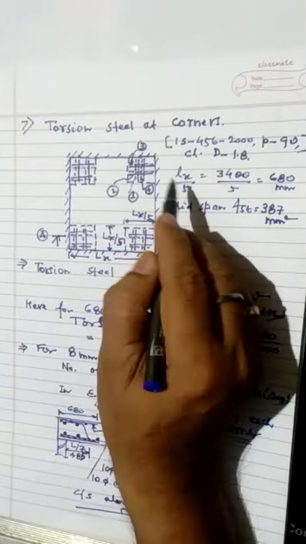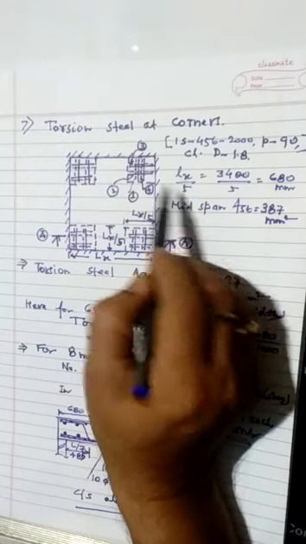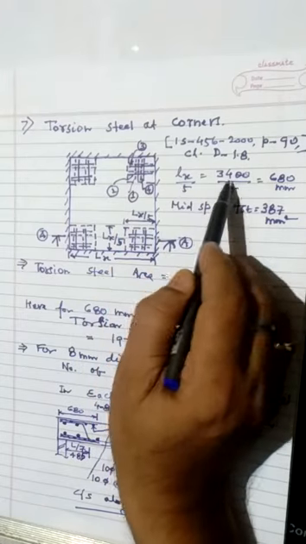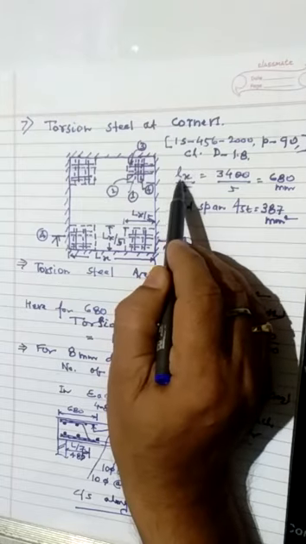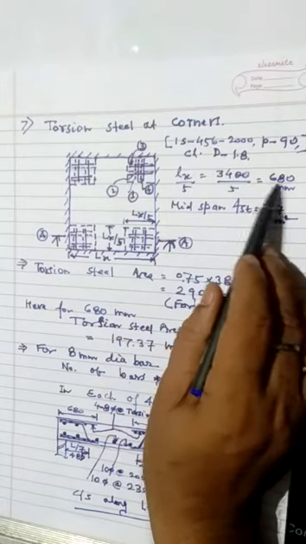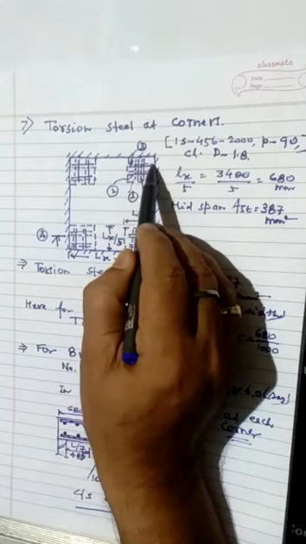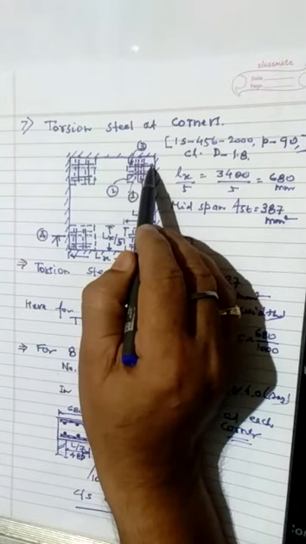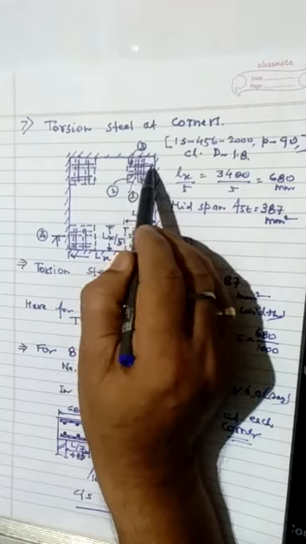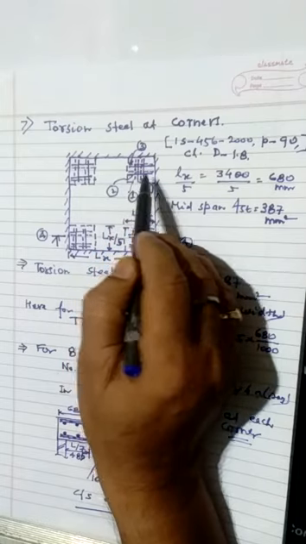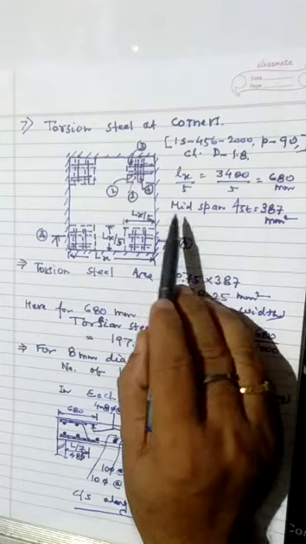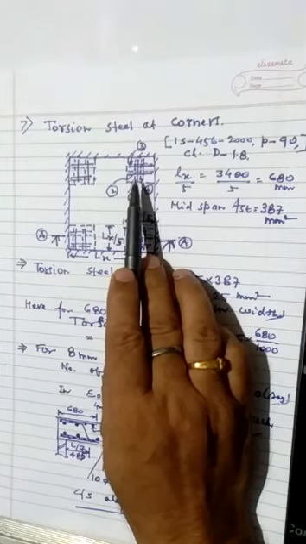The length of the torsion steel at the corners would be Lx by 5. So we have the Lx 3400 divided by 5, that is the effective span along the shorter span. So this comes to 680 millimeter. So from the wall, a length of 680 millimeter, Lx by 5, from this direction and from this direction at all four corners, and the value of this steel would be